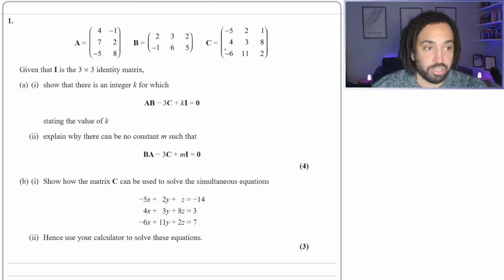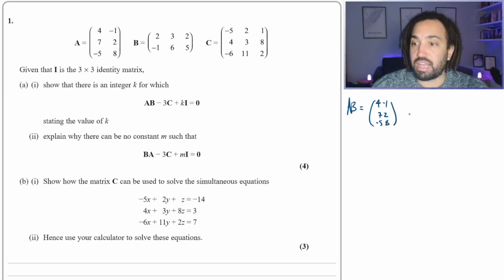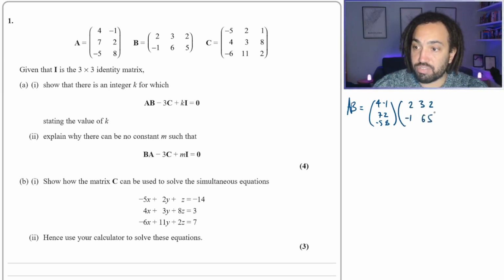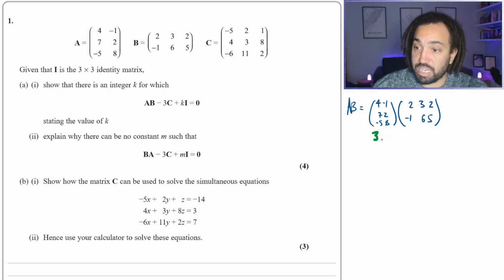I'm going to do it right here. So AB is equal to A, which is 4, minus 1, 7, 2, minus 5, 8, multiplied by B, which is 2, 3, 2, minus 1, 6, 5. And that is perfectly legit to do because the first matrix is 3 by 2,